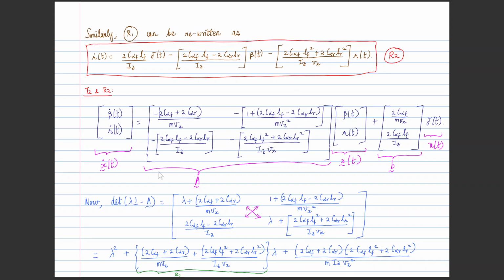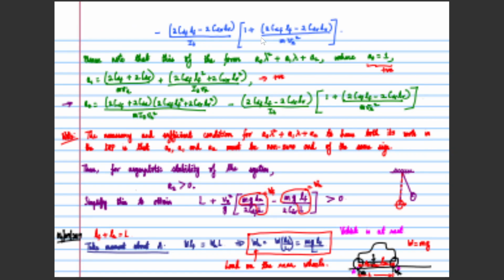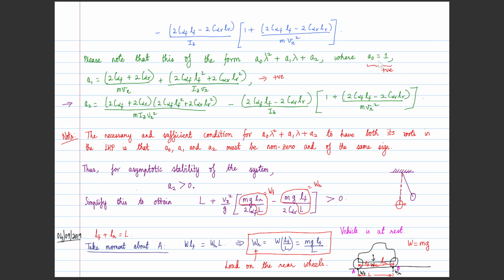Okay, so we are taking the determinant of lambda I minus A. So this is the characteristic equation, which is of this particular form, where a0 is positive, a1 is also positive, and a2 is this particular term. There is a minus sign, that means depending upon the values of these parameters, a2 can be positive or negative, right? Since we know that the necessary and sufficient condition for this characteristic equation to have both of its roots